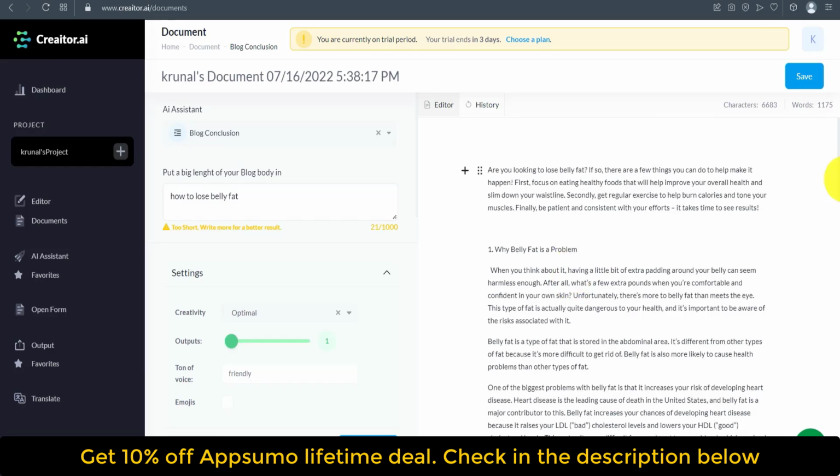So there we have it. You can see within 5 minutes I was able to generate around a 1000 word article. So in no time you'll be able to generate a 2000 word article in just 10 minutes. So if you want to go for a 5000 word article, that will hardly take